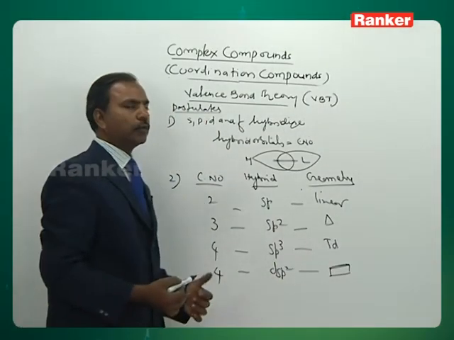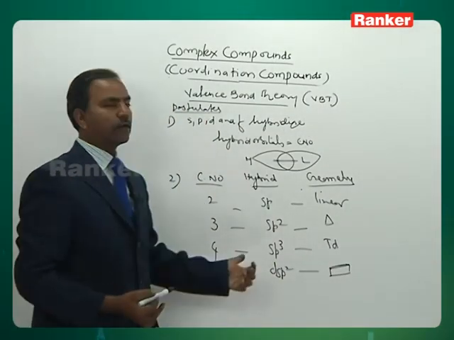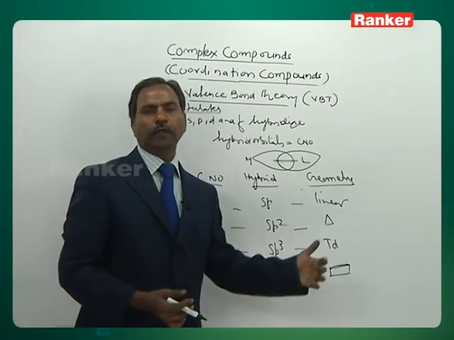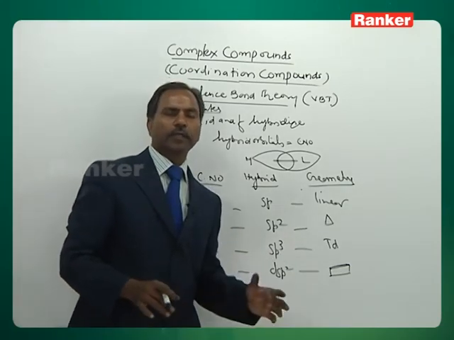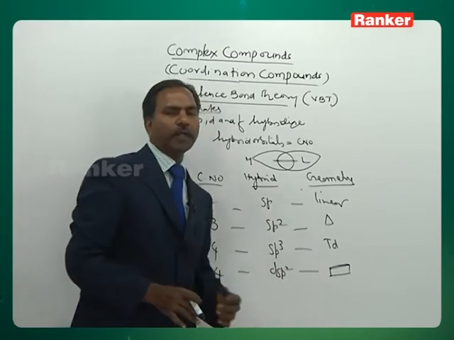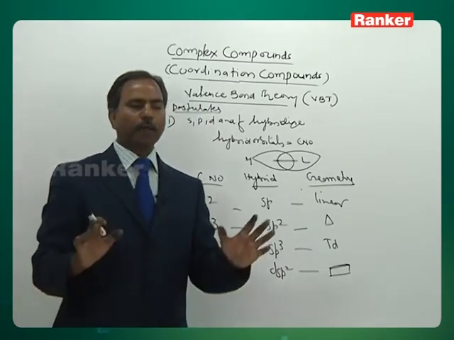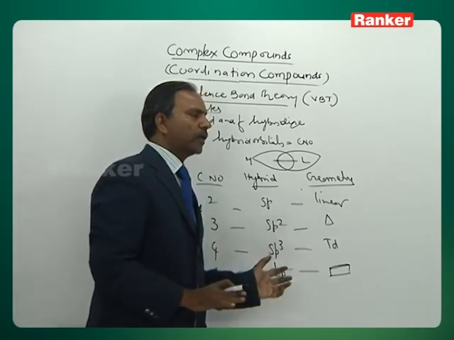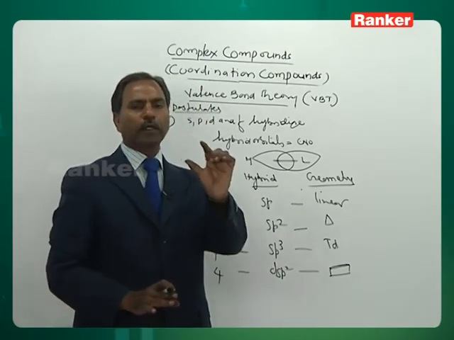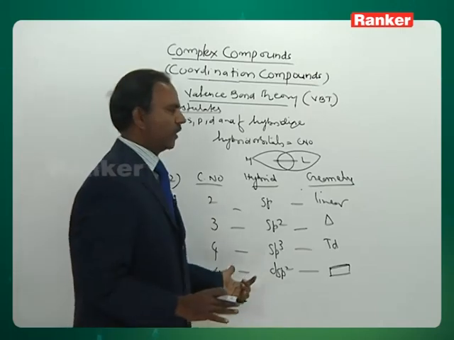Coordinate number 4, 2 possibilities are there. One set is involving sp3, that will be tetrahedral. One set is involving dsp2 hybridization, the geometry coming to be square planar. But many times I have seen the question in different NS exams, wherever dsp2 hybridization we are saying, out